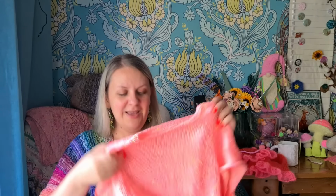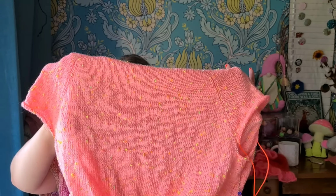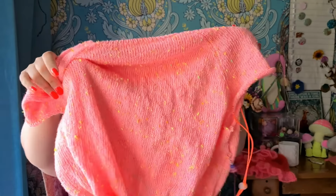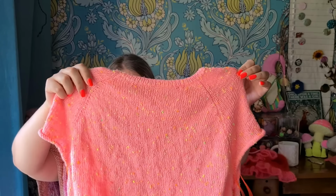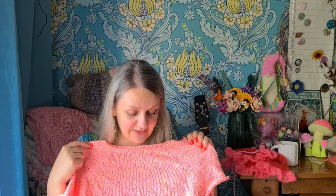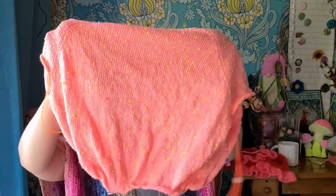Now, back to Tresoro. Very basic t-shirt. I have talked about it before. I'm knitting it in my own hand-dyed, which is like neon tweed. I'm knitting size 3. I'm almost done with the body. I have determined the length that I want, and I need to knit just a tiny bit more. I was thinking of doing the sleeves, but I just carried on with the length because reattaching yarn, putting it on hold. Anyways,